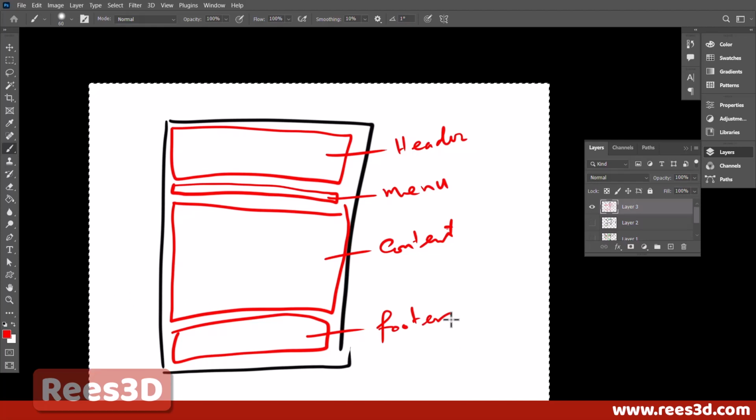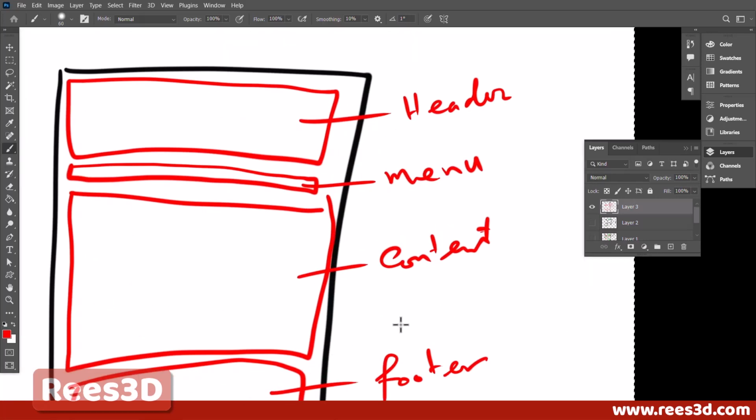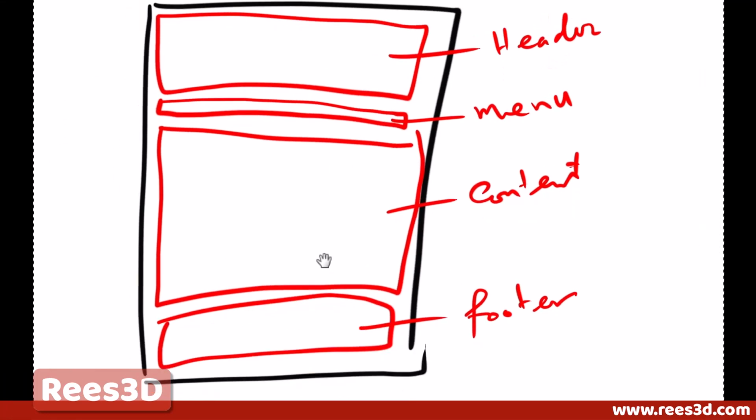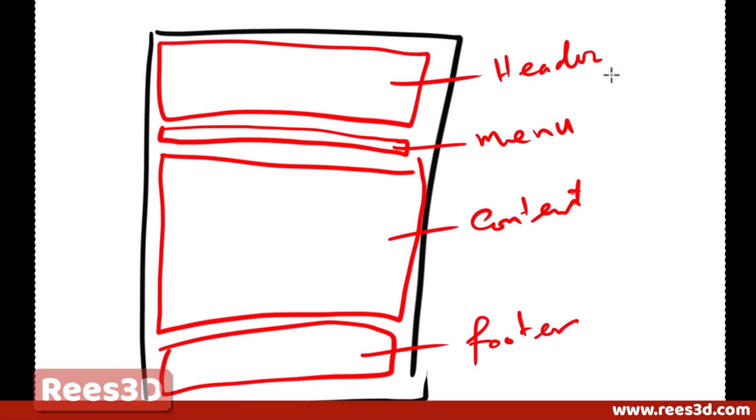So the next thing that we need to do is decide the size of each of these sections. The size is very important before we start to do anything with Dreamweaver. The reason is that when we design a website, it is going to be viewed on different computers, as we discussed earlier. So the way a web browser is going to analyze and arrange this website, it needs to know every single pixel, what kind of content is going to be there. So when I say I have a header here, I also have to say what is the